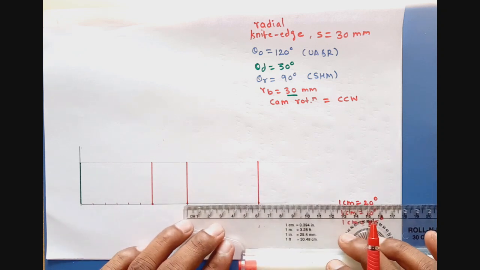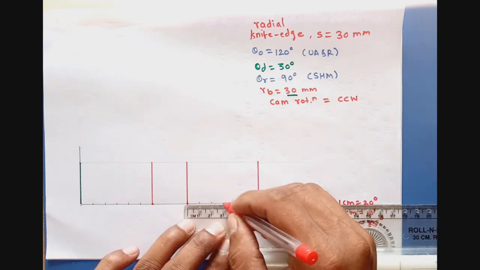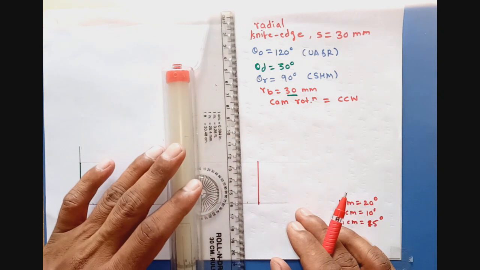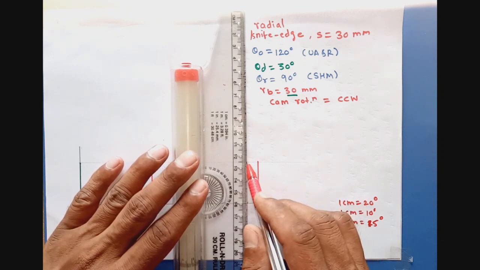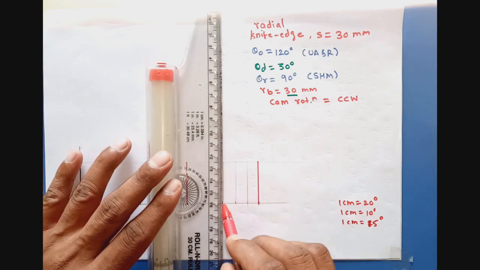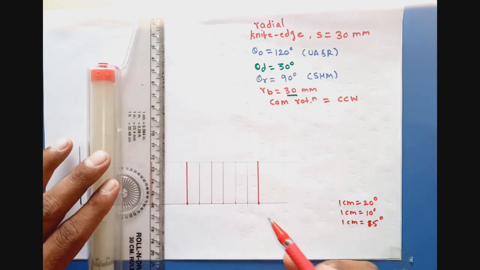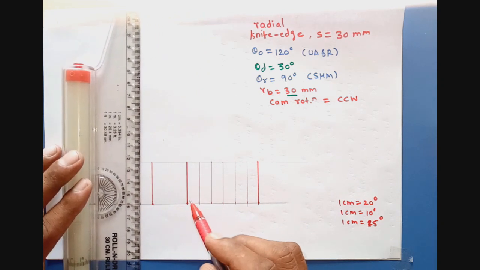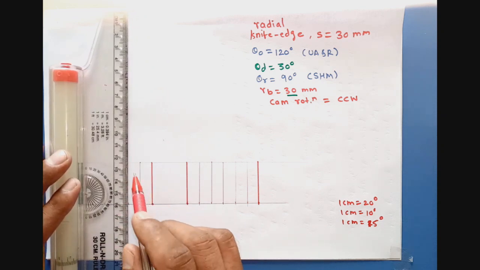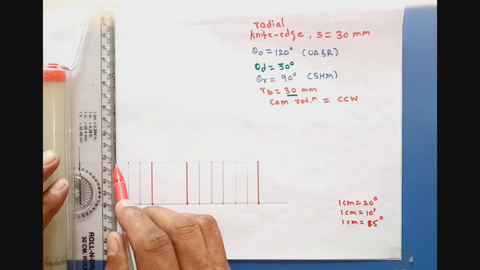Similarly, I will divide the return stroke into 6 equal parts. So one division is of 1 centimeter. I will draw the vertical lines through these divisions. Through all the divisions, you need to draw the vertical lines. I have divided outstroke and return stroke into 6 equal parts. You can divide it into any even number of equal parts. Okay, 4, 6,